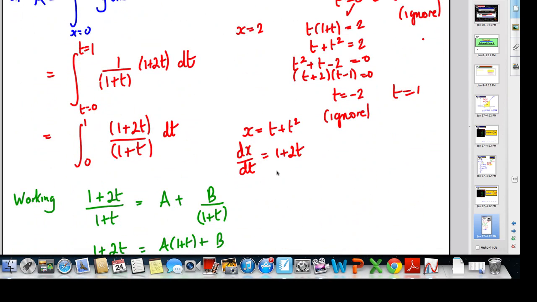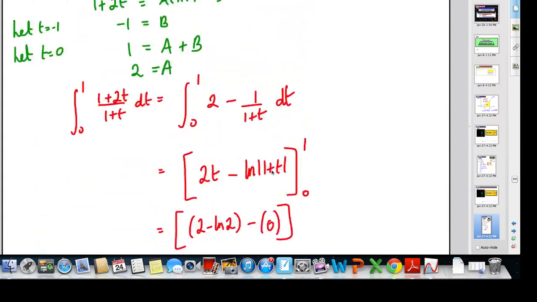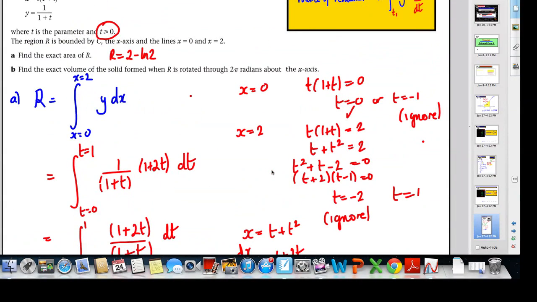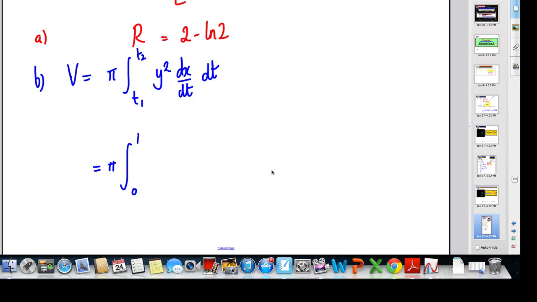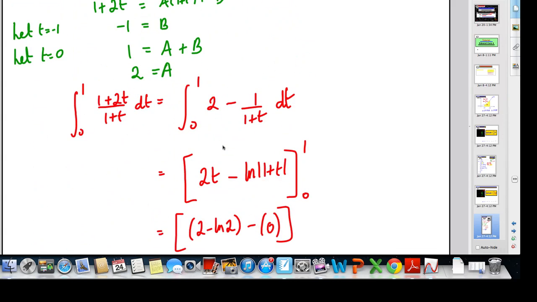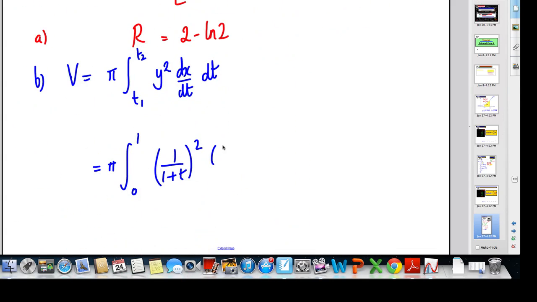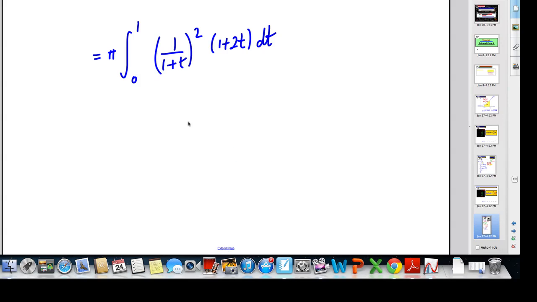dx by dt was 1 plus 2t, and y squared is going to be equal to 1 over 1 plus t, all squared. So I'm going to get 1 over 1 plus t, that squared, and I'm going to get 1 plus 2t dt. So this is the integral I'm going for here. So it's pi, the integral between 0 and 1, 1 plus 2t over 1 plus t, all squared,